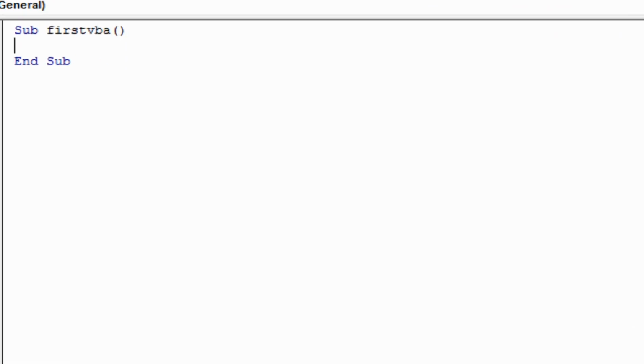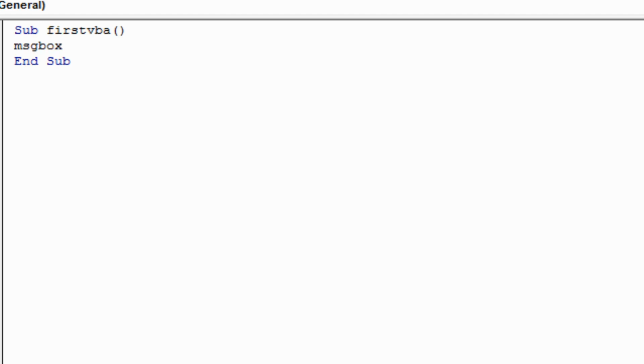As you can see, the Sub changed color and a new line showed up, End Sub. So pretty much Sub is the first part of your program and End Sub is the last part. What we have to do is put in stuff between the two lines. Okay, so I am going to put in my message box. So let's start typing